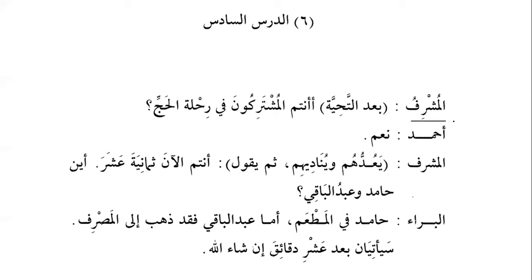And how do you recognize this? Do you remember that we have discussed in book number... Aslama, yes, aslama yuslim islaman fahuwa muslimun. Ashrafa yushrifu ishrafa. The second last letter with kasra. Ismul fa'il. Excellent. So meem will always take dhamma, and the second last root letter, if it has kasra, that means it is ismul fa'il, and if it has fatha, then it means it is ismul maf'ul. Excellent. Al-mushrifu, the supervisor.